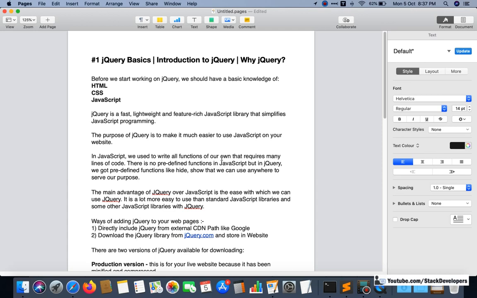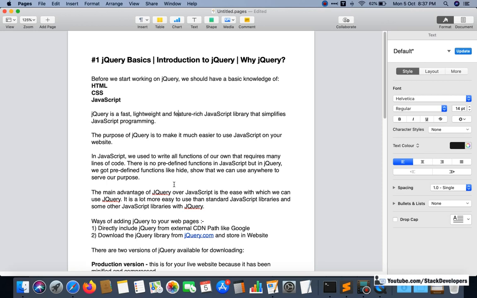The purpose of jQuery is to make it much easier to use JavaScript on your website. The main advantage of jQuery is that we get predefined functions.